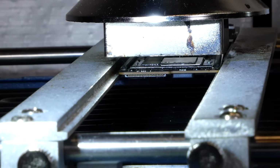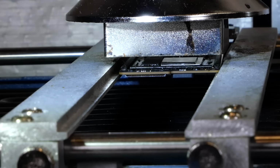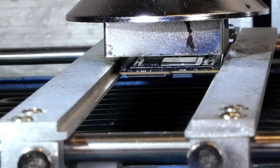Alright, and that looks like it's successfully soldered. You may have been able to see the chip slightly drop and the shimmer of the solder balls disappear when it did, and that is exactly what you want to see. So now we'll turn off the hot air and let the chip cool down, and then we'll take a close look at it and make sure it's soldered